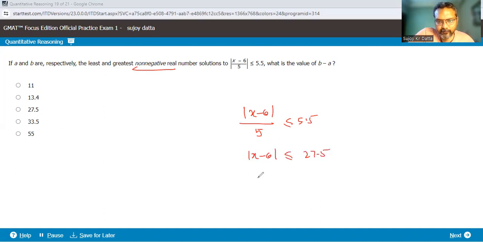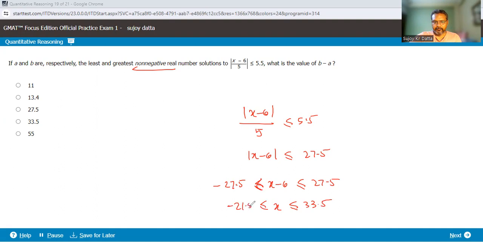27.5. Now remove the mod. So that would give us x minus 6 less than or equal to 27.5 and greater than or equal to minus 27.5. Fine, this is okay. And then we add 6 throughout. So x is less than or equal to 33.5 and greater than or equal to minus 21.5. So that's your x. They're asking if A and B are the least and greatest solutions to this